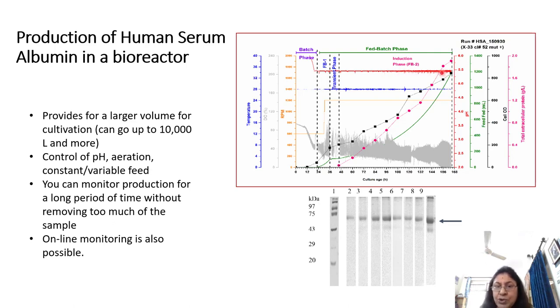Okay, so in other words, cultivation in a bioreactor allows you not only to monitor and maintain, but also to periodically remove small samples for other analyses, like total protein. A small sample removed from the bioreactor will allow me to estimate how much human serum albumin I'm actually making. Okay, so that is the advantage of cultivating it. And number two, remember that for any large scale production of a recombinant product, whether it is E. coli or a yeast cell, you do have to cultivate them on large scale in a bioreactor.